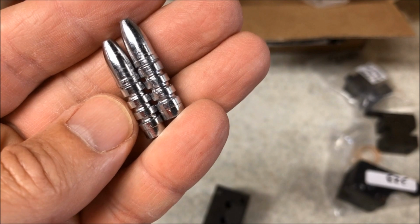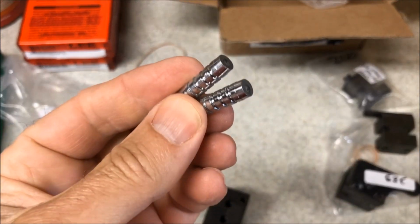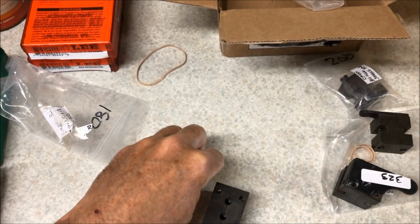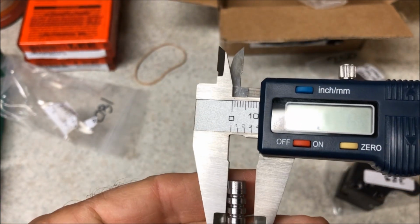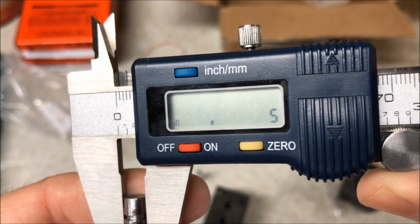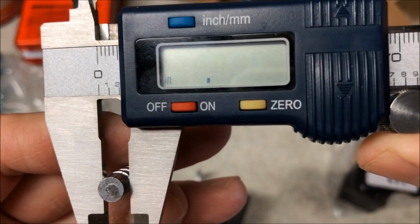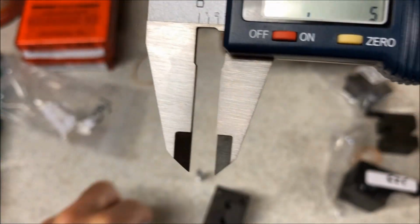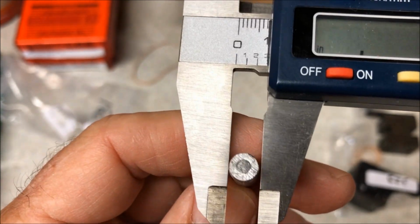There's a couple of bullets that came out of that 6.5 millimeter mold. I should just go grab a set of calipers and we'll measure those, just to satisfy our curiosity. Okay, got the old calipers, which apparently are going to need a battery pretty soon. Let's see how big the bullets are that came out of this. .265.5. That's a little bit smaller than would be ideal, but yeah, 265. Let's see about the other one. Of course, that can change a little bit with bullet alloy, but